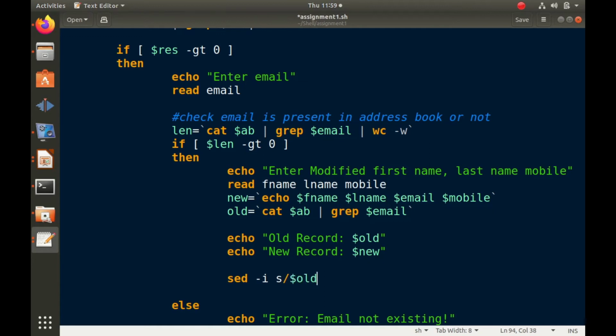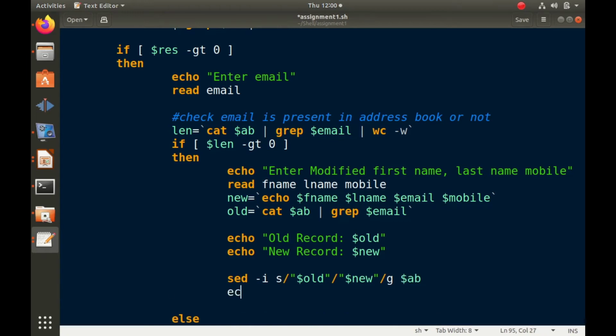We want to search the old record in double inverted commas and replace it with the $new record, slash, and this task you have to do globally. g stands for global. And in which file? $AB.